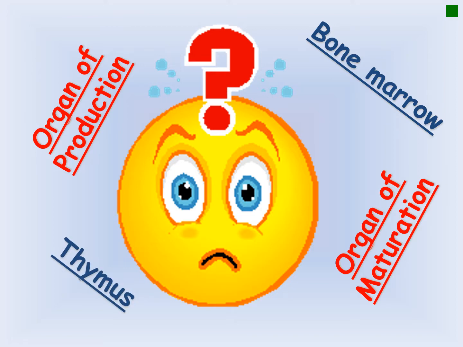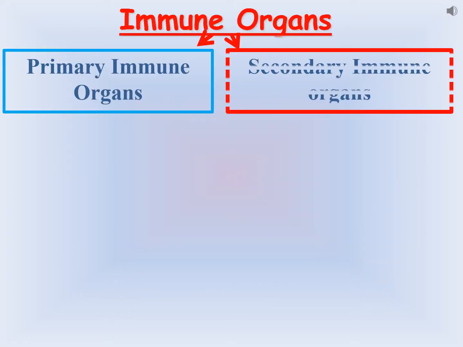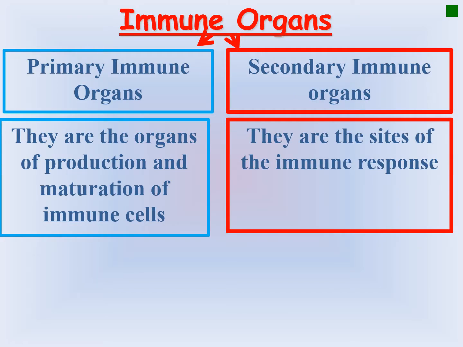Here the big question is, what are the organs of production and the organs of maturation of these immune cells? What is the meaning of bone marrow? What is the meaning of a thymus? Let's start first with the immune organs. We have primary immune organs and secondary immune organs. Primary immune organs are the organs of production and maturation of immune cells. Secondary immune organs are the sites of the immune